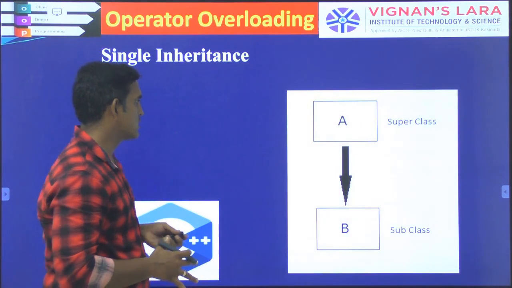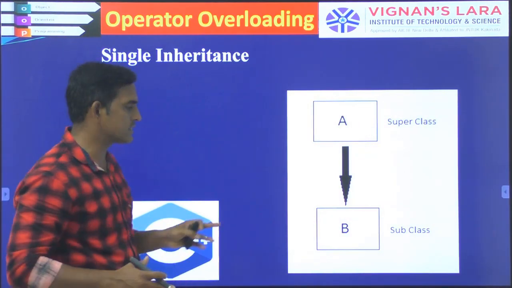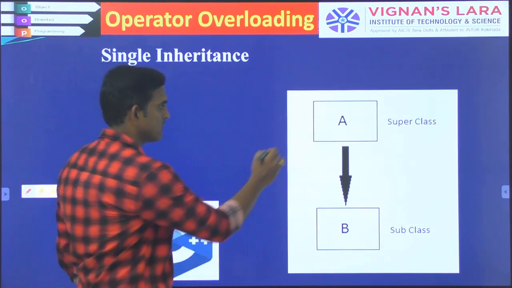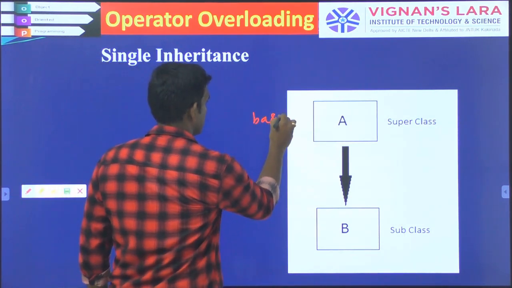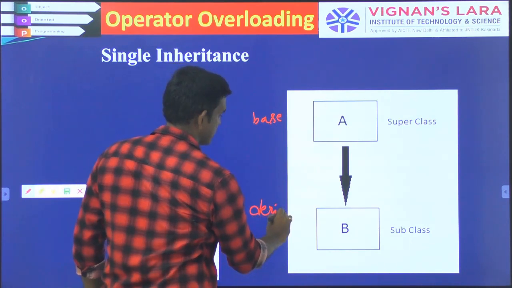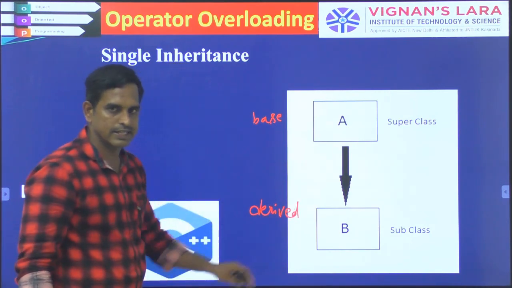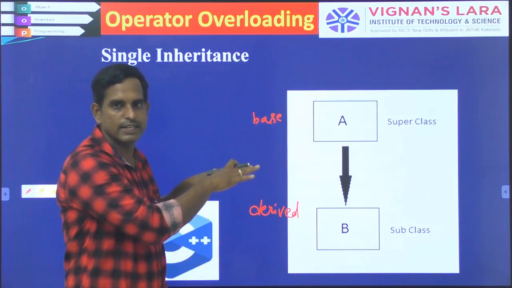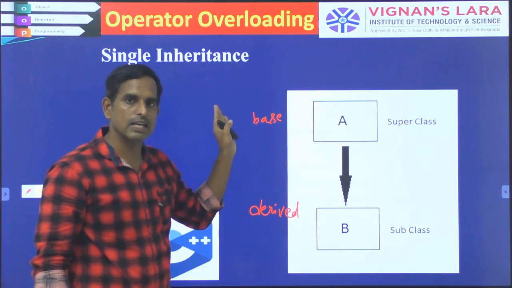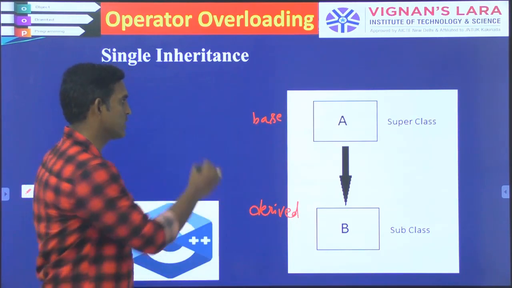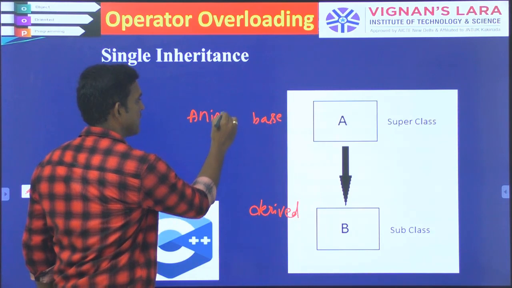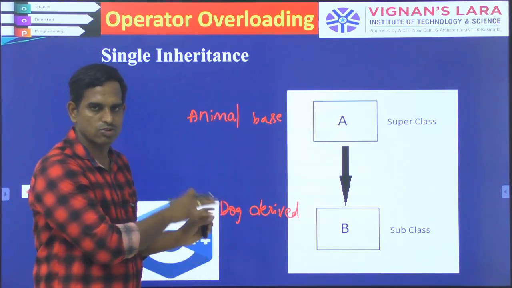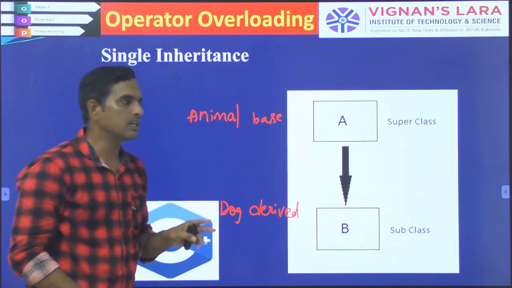So what is simple inheritance? You have already seen this type of inheritance in the previous session, where you have one base class and a derived class. The derived class will inherit all the properties of your base class. This type of inheritance is called single inheritance or simple inheritance, where you have declared the base class as the animal class and your dog class as the derived class. You should know by this time how to implement simple inheritance.